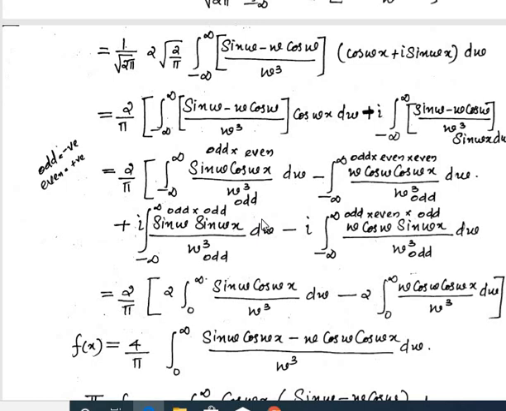Now, as I said earlier, sin is an odd function, so we take it as a minus sign. Cos is an even function, so we take it as a plus sign. So minus into plus is minus. Divided by omega cube, which is again odd, an odd power. So minus by minus is plus. So this is completely an even function. And here omega is an odd function, omega power 1, so it is a minus sign. Cos is even, so plus sign. Minus into plus is minus. Again cos is even, so plus sign, again minus. And omega cube is also an odd function, minus. So minus by minus is plus. These two terms are even functions.